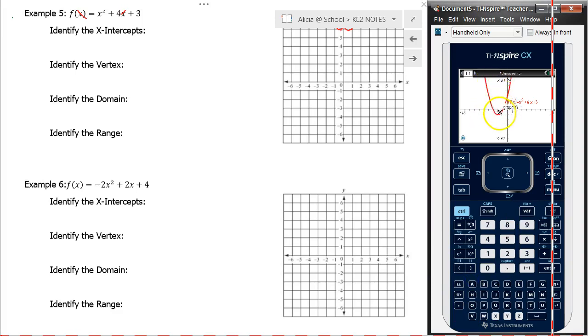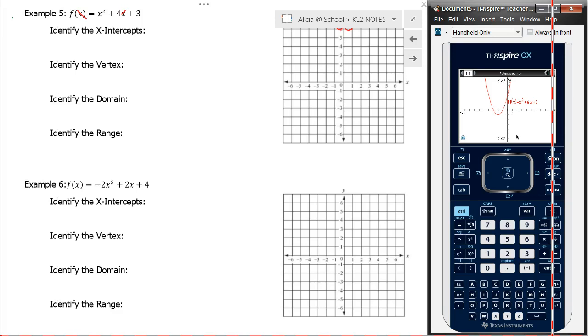So I got my function here, and I want to find my vertex point and my x-intercepts. My x-intercepts are actually nice to count. I see I have one right here at -1, and I have another x-intercept right there at x equals -3. If you want to go ahead and do that, scroll left, scroll right, you can. But when it's easy to count, you can just go ahead and count our x-intercepts,